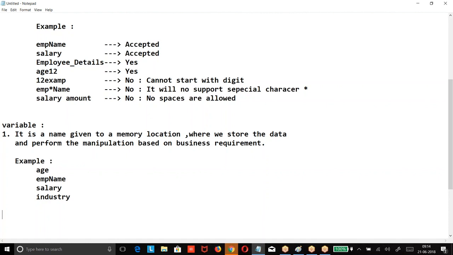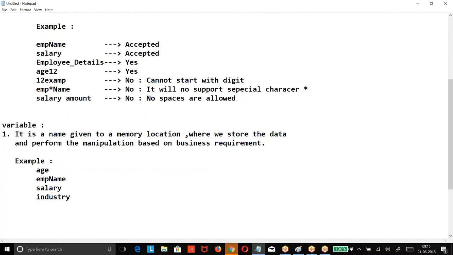It is a name given to a memory location. What is the size of the memory? It can hold the data. What type of data can be stored? What is the maximum value we can store?